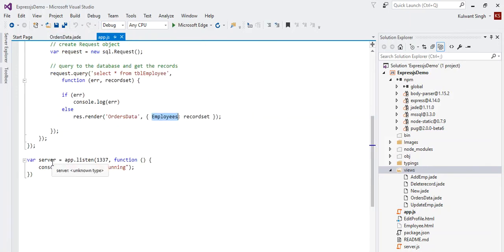So here is a var server. We're declaring a variable server, app.listen 1337. It's a port number on which our application will run. Function, console.log server is running. So in case everything is working fine, we'll get the message the server is running. It means that there is no issue in the code. So here,